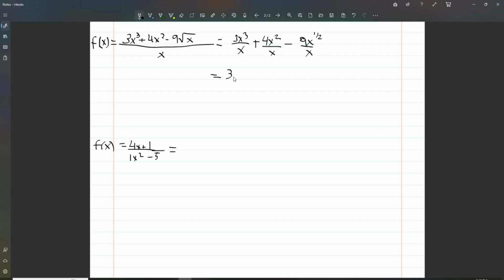So alright, 3x squared, because 3 minus 1 is 2, plus 4x, because 2 minus 1 is 1, minus 9,